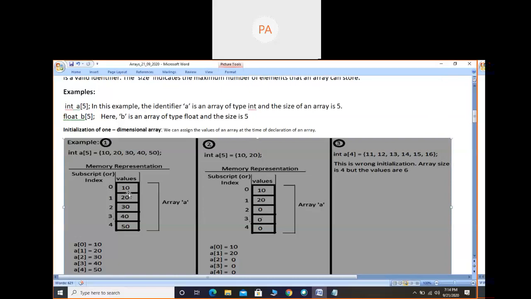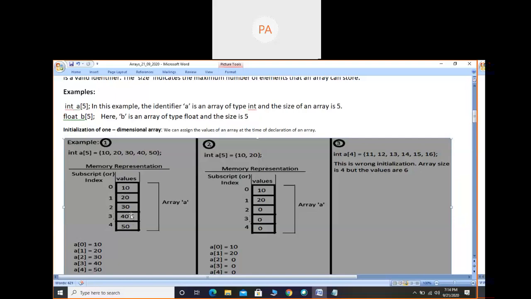In this memory representation, 5 locations you have to take. In the 5 locations you have to write these values, and for all the values you need to mention the position. For the first value mention the position as 0, second value 1, third value 2, fourth value 3, fifth value 4. Array locations start from 0, not from 1.